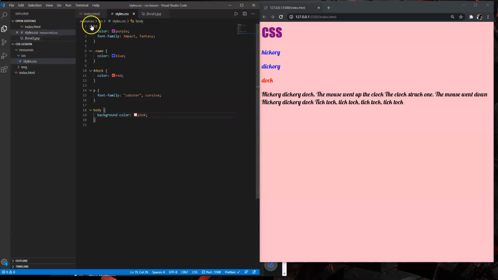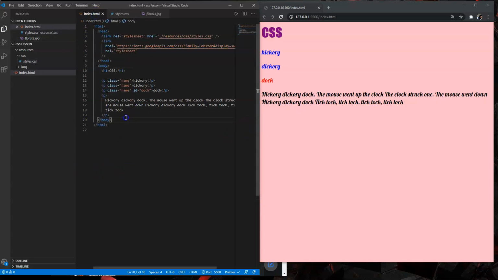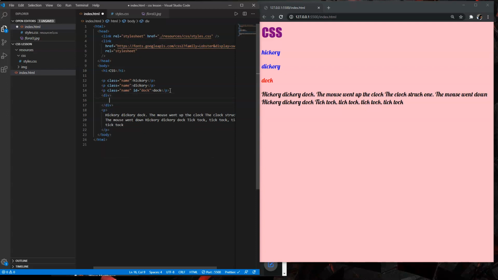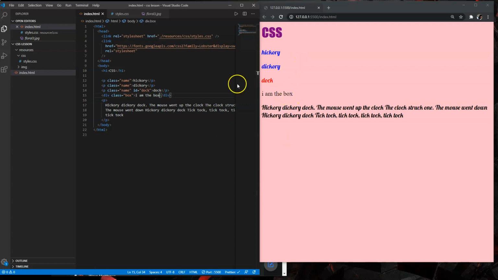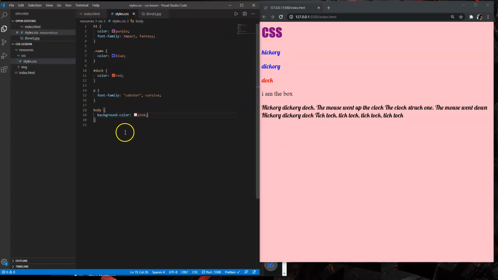Now, I'm going to add another div right above our hickory dickory dock here. I'm going to call it div, hit tab, and inside, I'm going to put class box. All right, and there's nothing going to be there. Or, you know what, I will put text in. I'll say, I am the box. It doesn't matter if you have text or not. That's just the box. So in our style, we're going to put box,